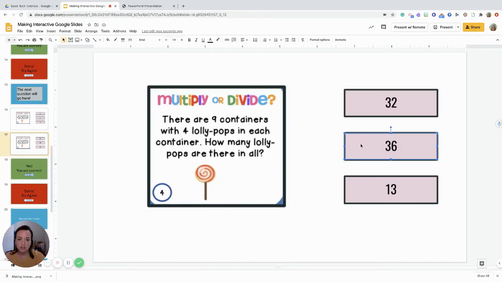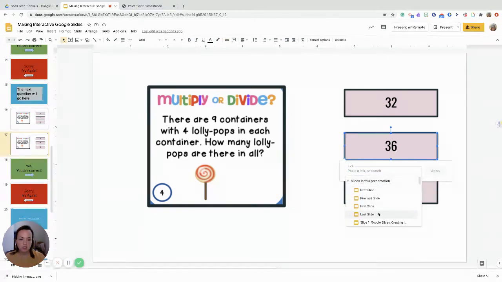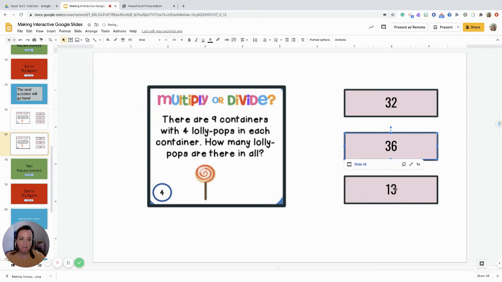36 is the correct answer. So I want to link that answer to slide number 18. Again, I'm going to go to Insert Link, Slides in this presentation, and number 18. And click Apply. And then finally, number 13, I'm going to do the same thing. That's the wrong answer. So slides in this presentation, and I want to link it to slide number 19